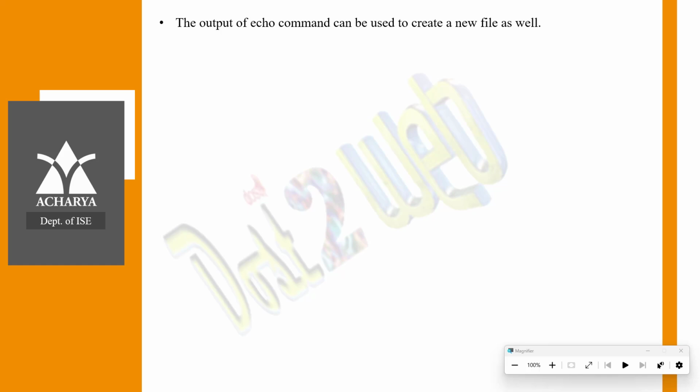So, how can we create a file with the echo command? You have to give echo followed by any sentence you want to display as a message. I am giving hello world, greater than symbol, and then any file name, and hit enter.